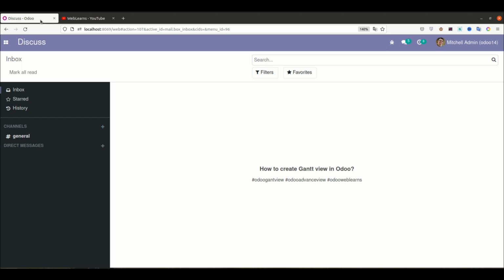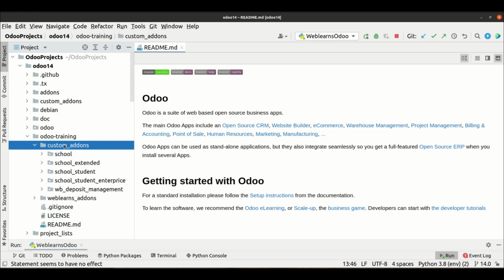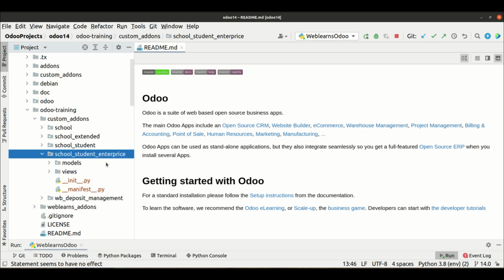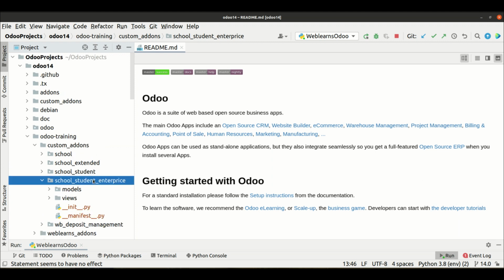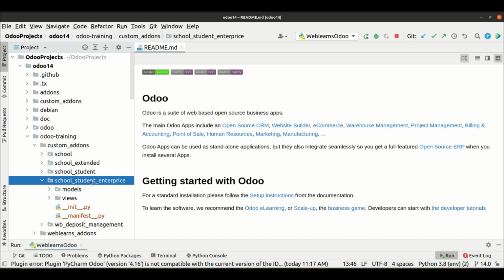So let me create a new view, which is the Gantt view, on the Odoo side. Let me go to the editor and open the specific view in the enterprise related module. If you don't have the enterprise module, don't worry, you don't need to install it. You can also play with the community version, but for this module you need at least the enterprise module, otherwise it won't work.